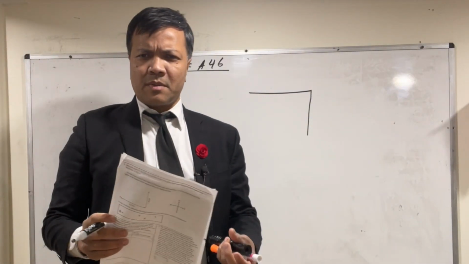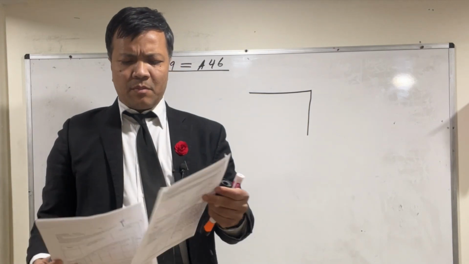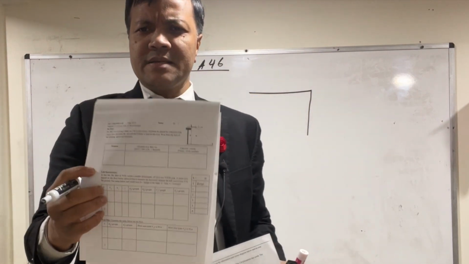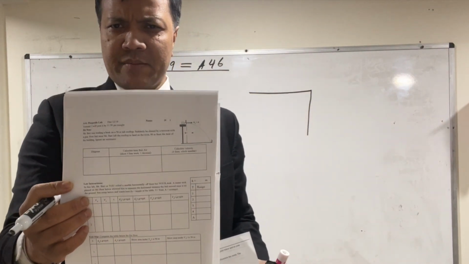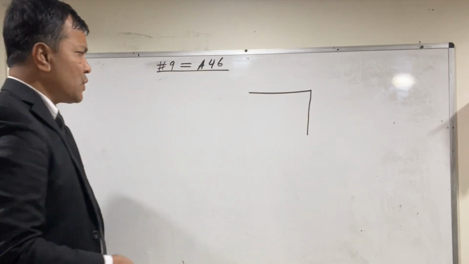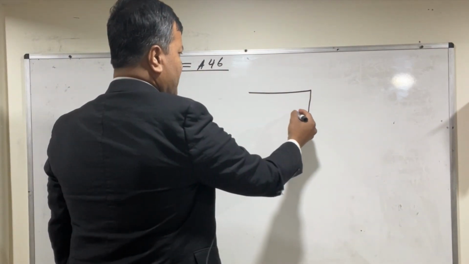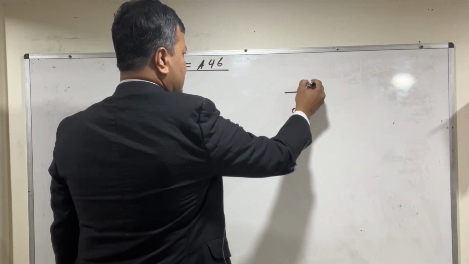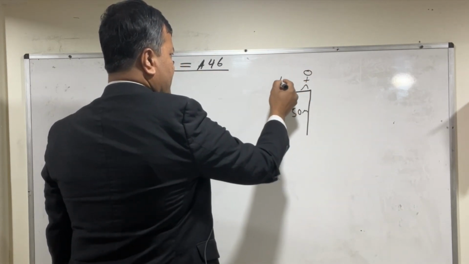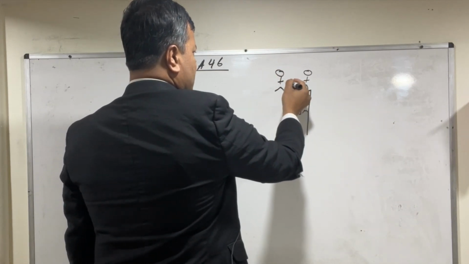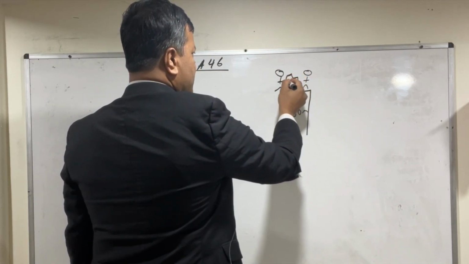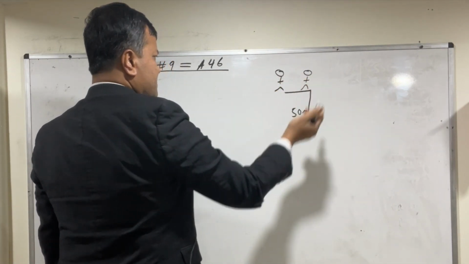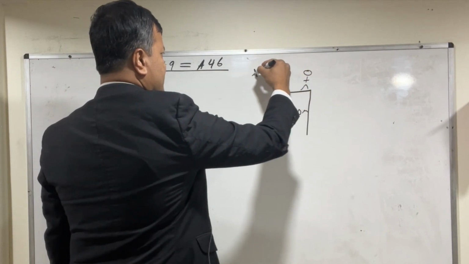I'm going to go over problem number 9. You see that problem number 9 from the test is exactly the same as assignment 46. Problem number 9: you are 50 meters above the ground, minding your own business, and I use this analogy. I don't know how to draw a gun. I use this analogy, that is,